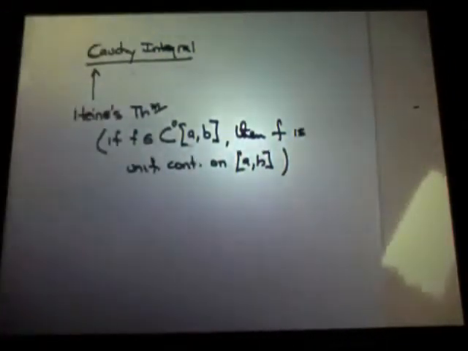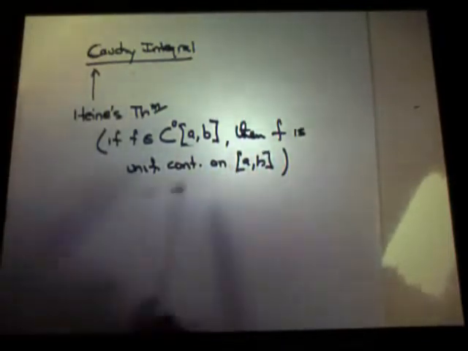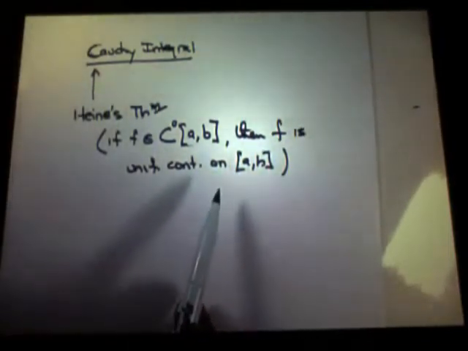And Heine's theorem was not available until the mid-1800s. And Cauchy didn't know about it. So Cauchy's definition was defective in a philosophical way. He was right, his intuition was correct. He made an argument that a continuous function is Cauchy integrable. He didn't have this theorem to really nail it down.